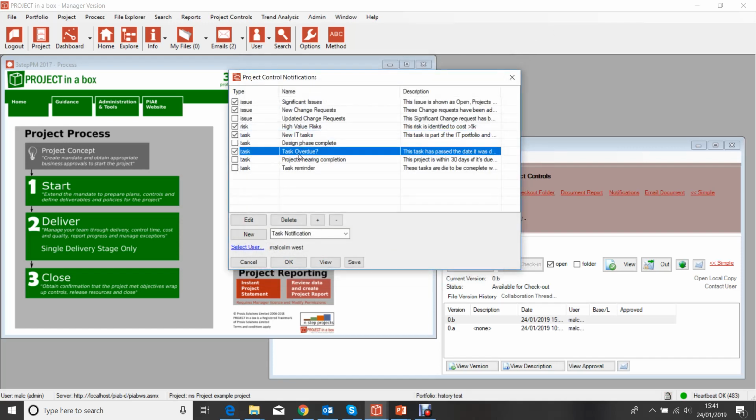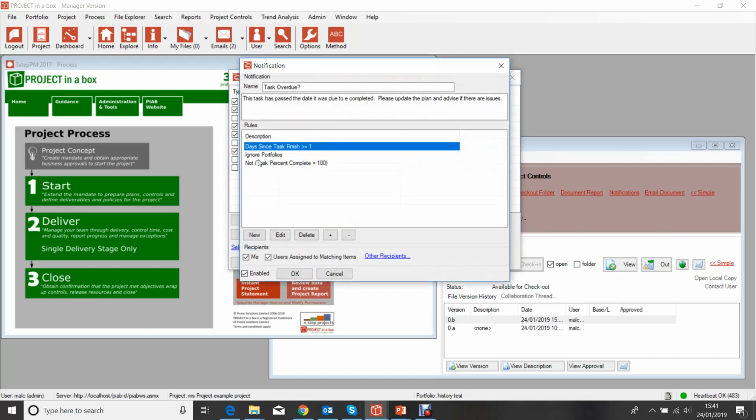In a similar way, tasks overdue. This is looking for tasks that finished yesterday, and it's looking for tasks that are not complete but finished yesterday. In those circumstances, it's currently sending to me and the person working on the task. But ordinarily, I might send it like that and say, the task's finished. It looks like it's been completed. Can you please update the plan? I might then run one 2 days after the task's finished, which sends to me saying the task still isn't